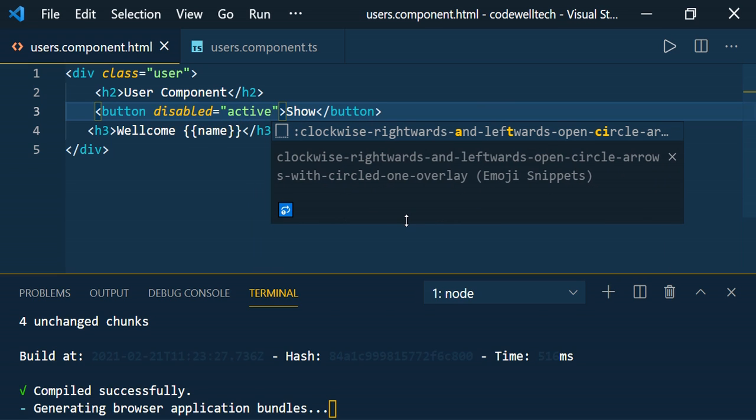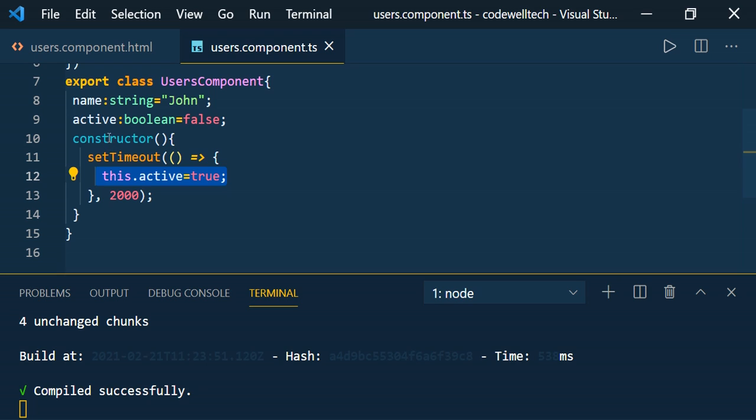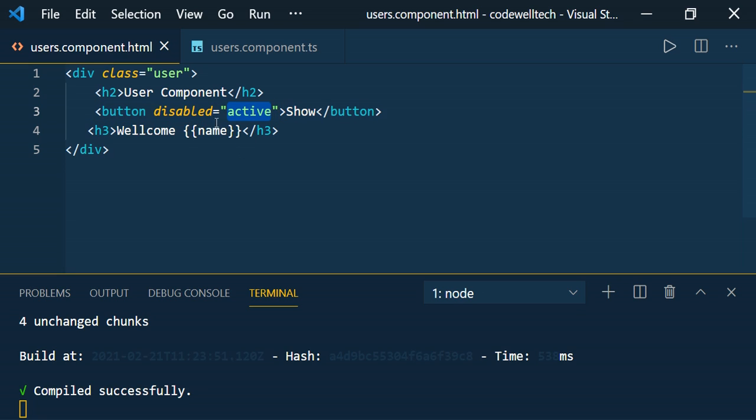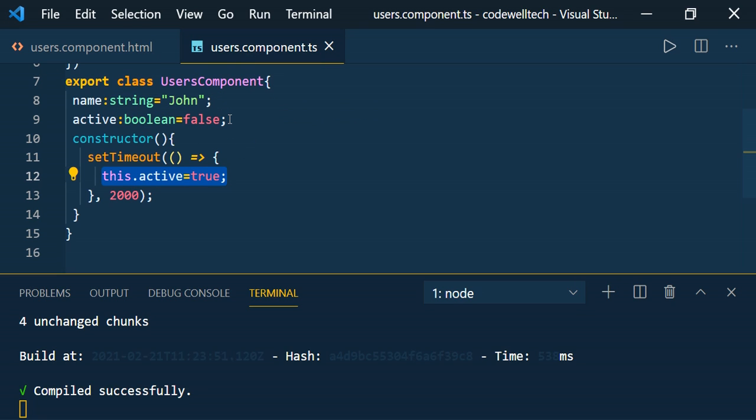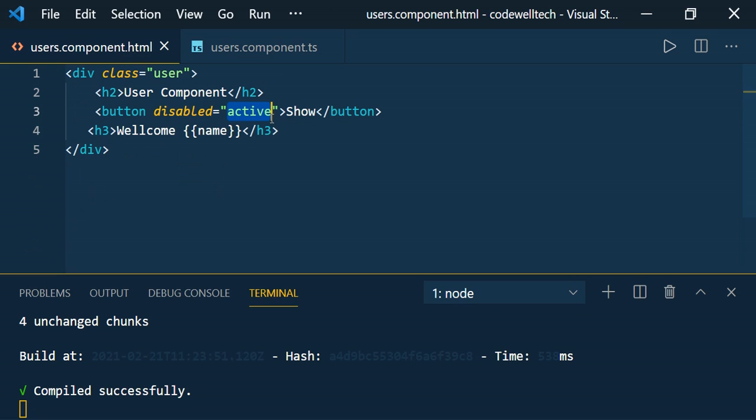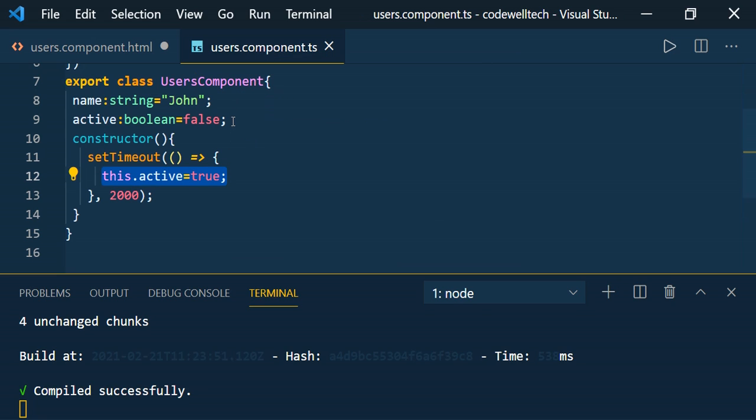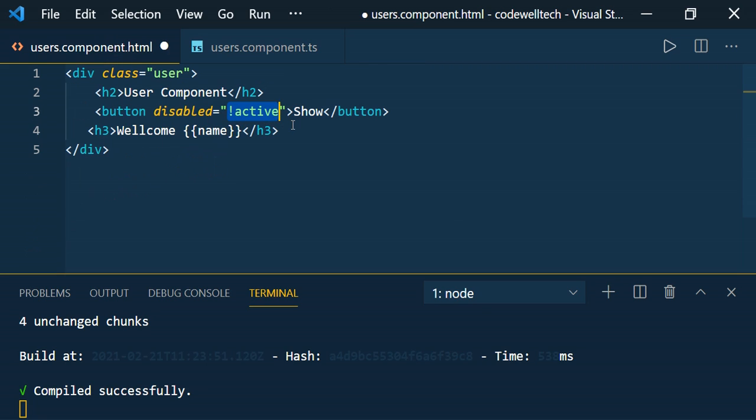So the active property we need to assign it here. This active property will be true after the 2 seconds. By default the active value is false, which means disabled; false means it will be disabled, right? So what I do, we need to make it not. Now not active means not false, so by default it will be true, so by default it will be enabled,